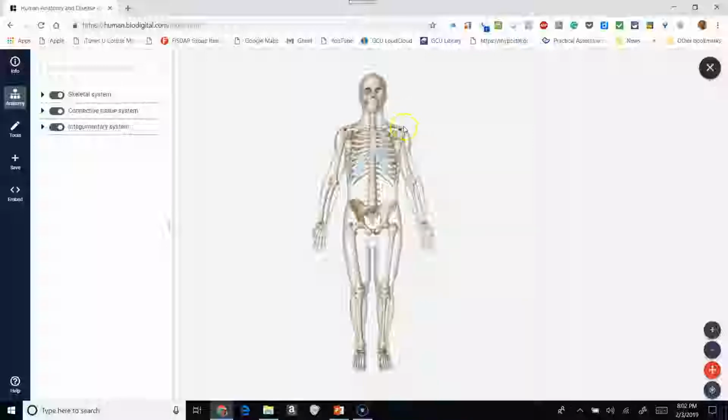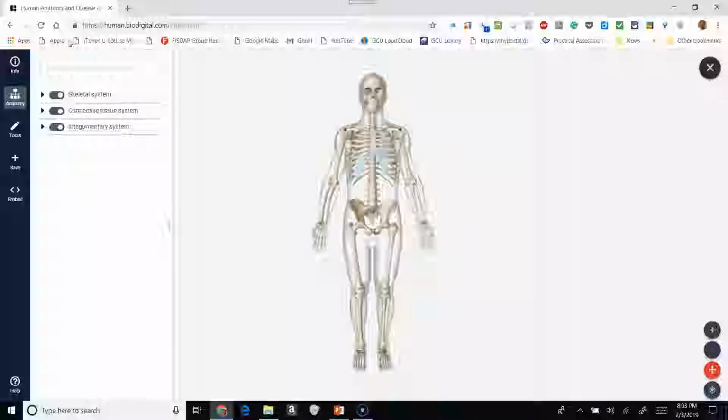So you can now take a look at the skeletal system. And as we start talking about that skeletal system, some of the things that we're actually dealing with is the fact that, as you can tell when I bring these options back in, we're now creating the use of the skeletal system as being one of those things that actually helps give form and protects a lot of the vital organs that we have inside of our body. Now, for the most part, we're talking about the fact that the skeleton contains about 206 different bones,